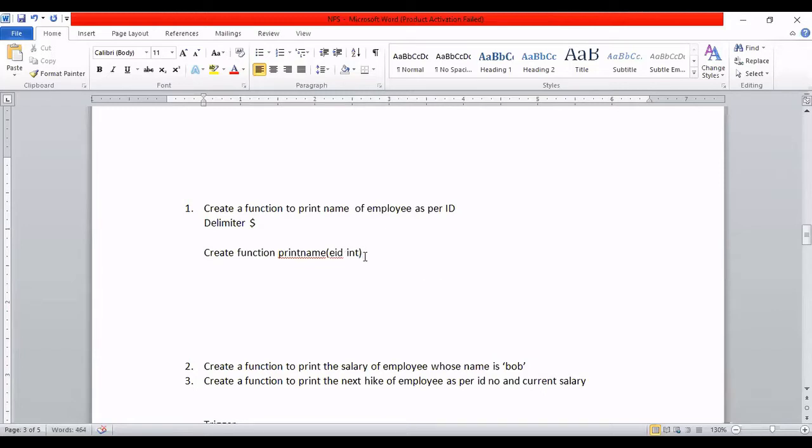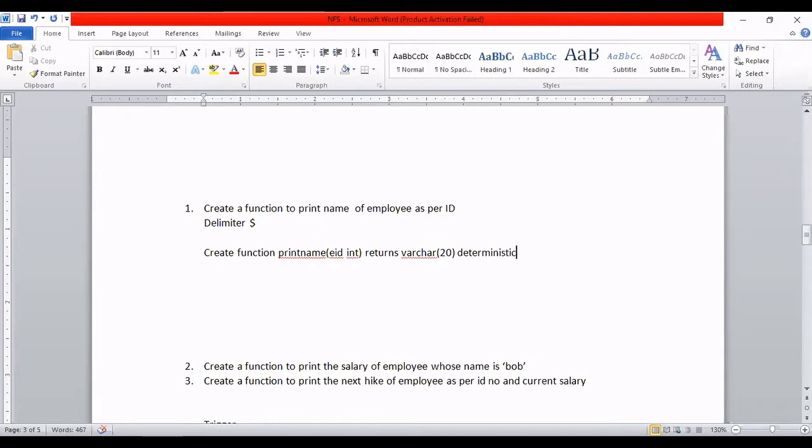And what will the function return? So the function will return, okay, the input is integer, name is a string, meaning here varchar. And what is the size of the name? Let me give here 10 or 20 also you can specify. Let it be 20. And then you need to specify whether it is deterministic or non-deterministic. Okay. By default it is deterministic. Remember it. Please write it correctly.